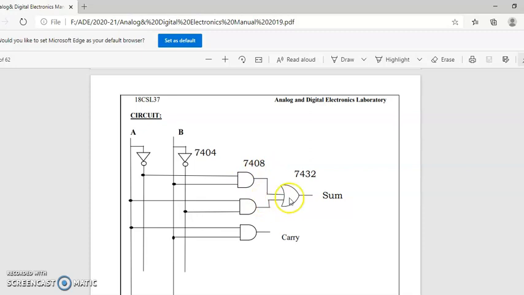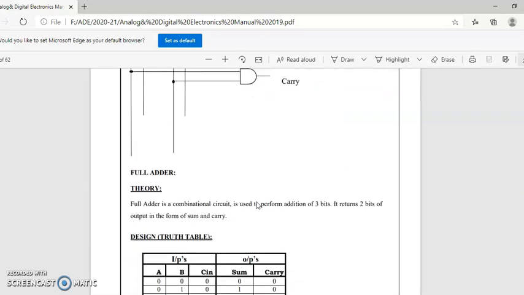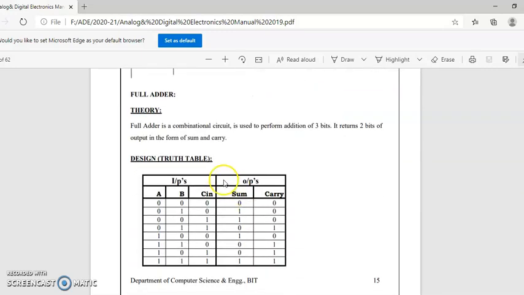Pass both the things into an OR gate. So we'll be getting here A bar B plus A B bar. That is the result across the OR gate, which is nothing but your sum. And for the carry it is AB. You pass A and B to this AND gate, and the result of this is AB. This is how you can realize a half adder. Once we complete this, we move on to the full adder, and these circuits will be realized in the simulation of PSpice. So now for the full adder, what is the difference?